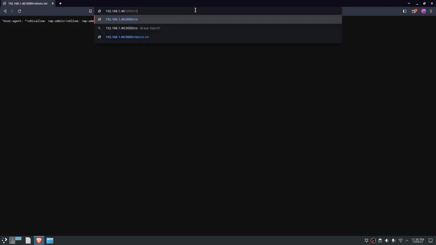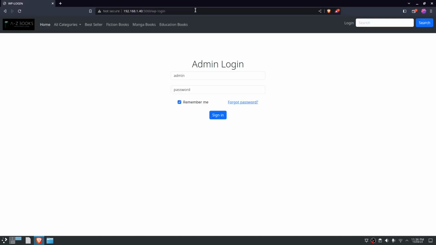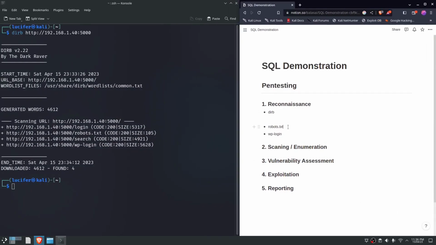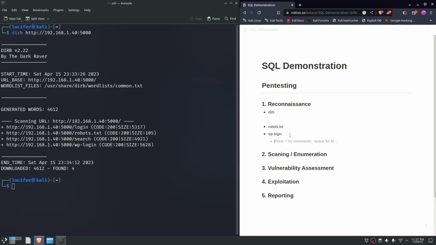let me try and go to wp-login, and yes, you may find that there is another login portal especially for admin, and you may require an admin and password. Okay, so based on my results, based on my reconnaissance, from robots.txt I found out that it is not allowed. The instruction says that as a search engine, you shouldn't go for the particular stuff, but rather I got really